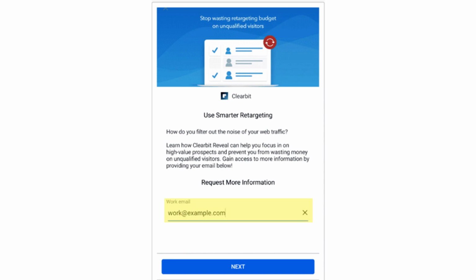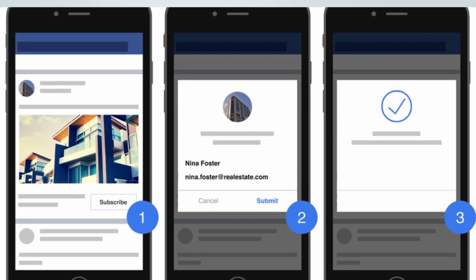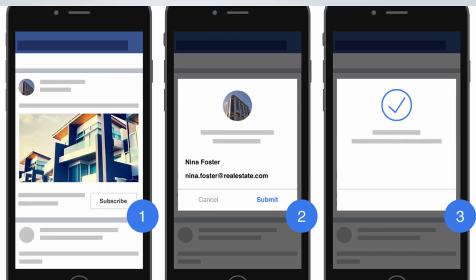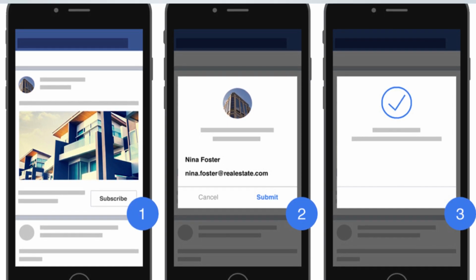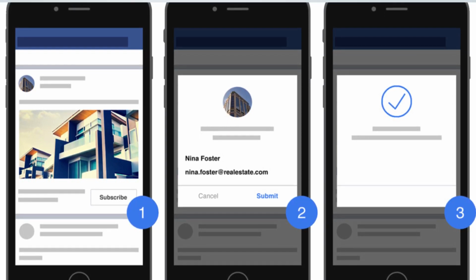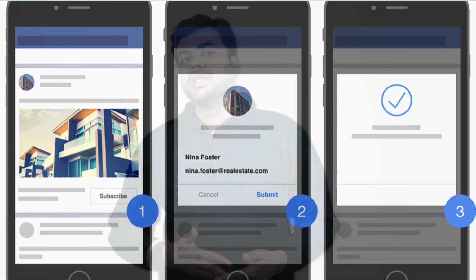As you can see, the form is automatically populated with the user's email address, so it is easy for them to submit their information. Another benefit Facebook lead generation ads provide is that generated leads could be synced directly with your customer relationship management program or downloaded as a CSV file. This enables marketers to retarget the audience better, which is essential for closing the deal. So now let's talk about the strategies for generating Facebook lead advertisement that converts.